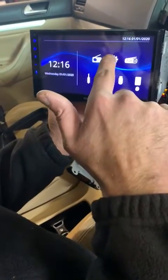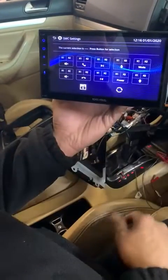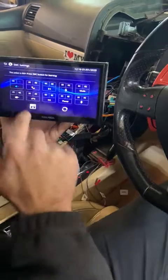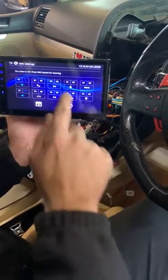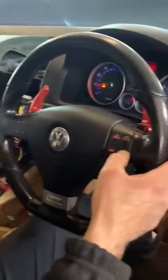Go into the setup menu, go into SWC, press the reset button so nothing is programmed, then press volume up. You'll see it highlighted once you press it. Press volume down, press it on the steering wheel, again you'll see it highlighted. Press seek up on the steering wheel, highlighted again. Seek down,